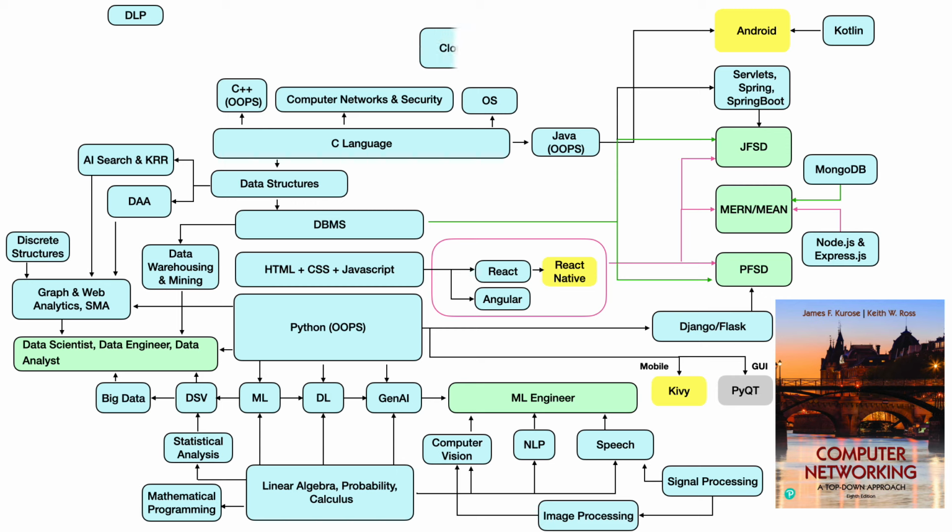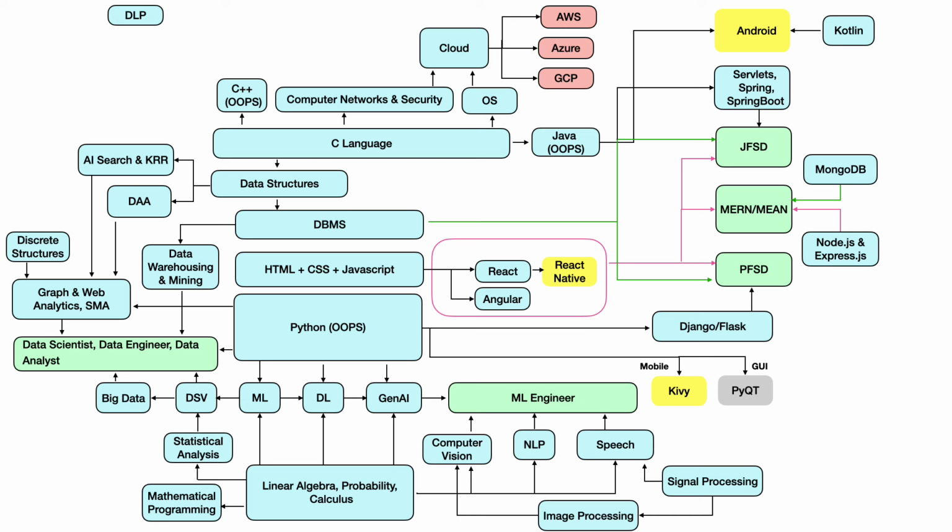Then we have cloud. For cloud, both networks and OS becomes the prerequisite, where we study private, public, and hybrid clouds. And nowadays, most of the in-house computing is being moved to the cloud, and so hosting services like AWS, Azure, and GCP are becoming famous for cloud storage, cloud computing, and all those cloud concepts are studied in the cloud course. Then comes BE, which is basic electrical and electronics, which is not completely a prerequisite,